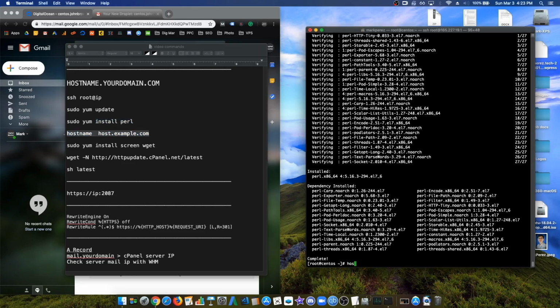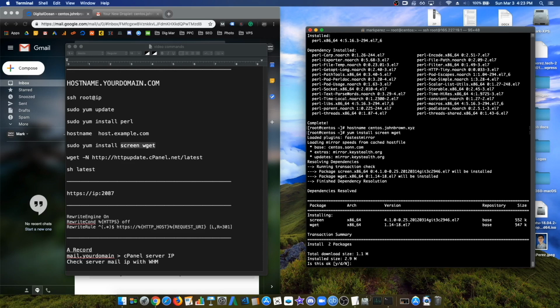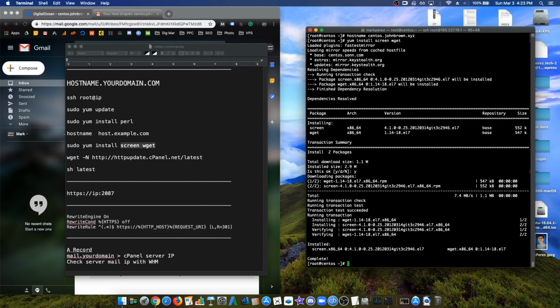So just type in hostname. And for us, remember when we created the droplet, it was CentOS.JohnBrown.xyz. All right, cool. So we set up the name. Now we are gonna install two programs called screen and wget. Install screen wget. These programs are basically gonna let us download cPanel, and this command right here is